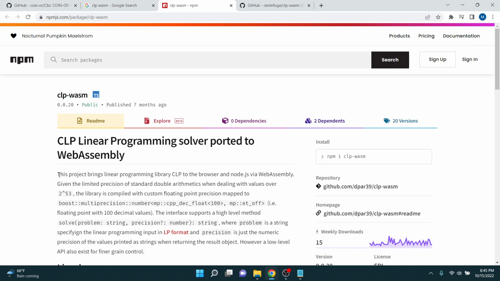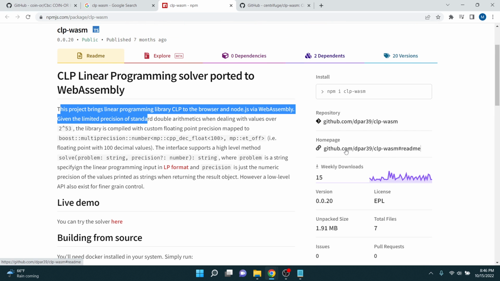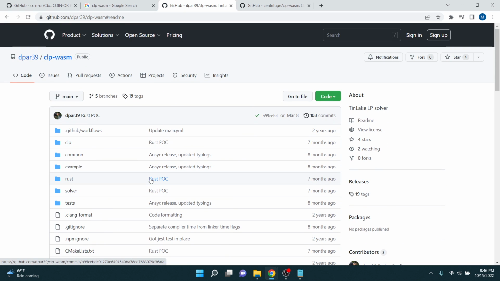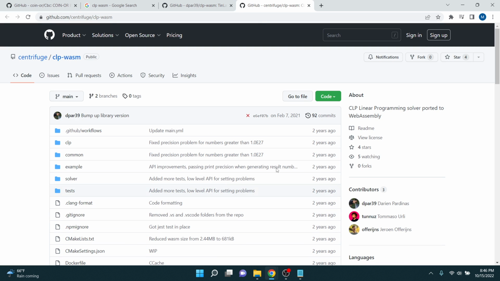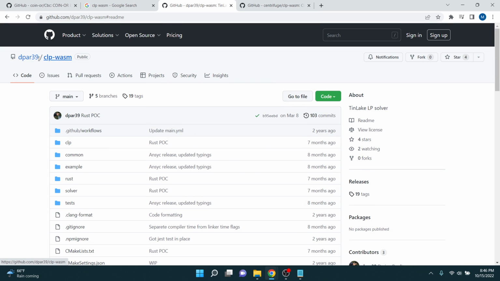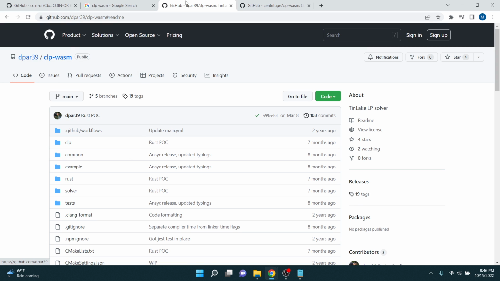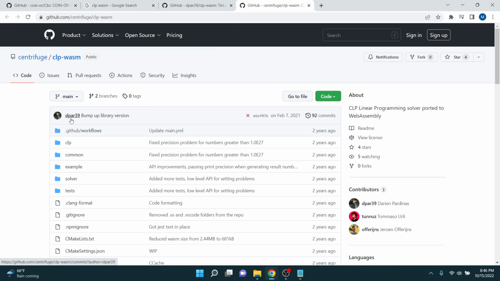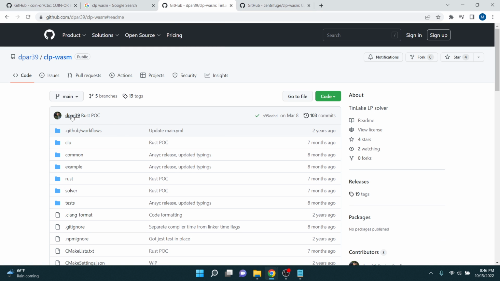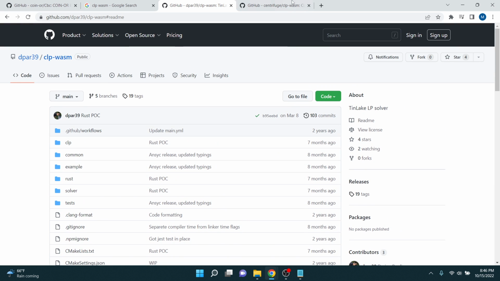What the heck? Someone already did this, or is this something else? GitHub. This has to be a port, right? Did this guy literally do the same thing? That's cool. Centrifuge, CLP wasm. This guy. I wonder if he works. Ah, yeah. DPAR 39. Ah, this is cool. Okay, this was one of the issues I had with this,